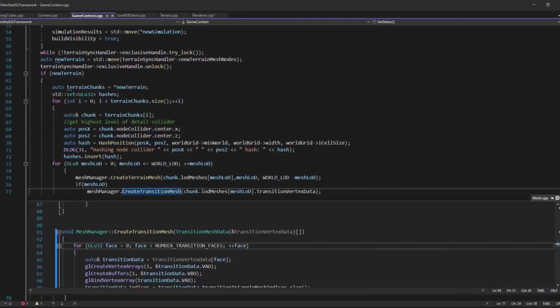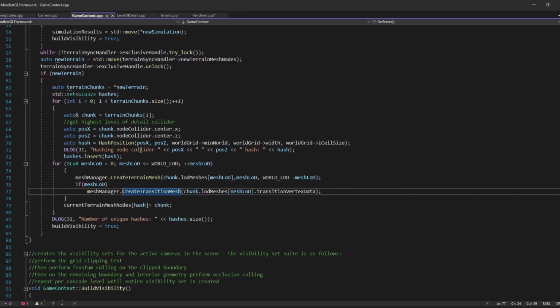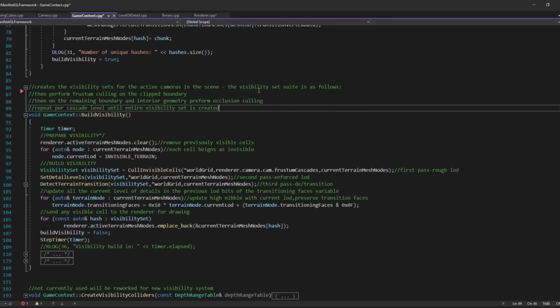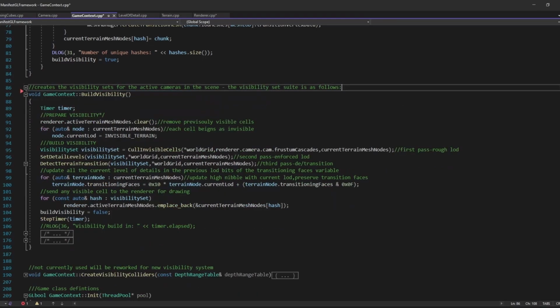So now I'm going to go to the visibility code, but I'm going to talk about the actual system itself. The visibility system has been completely redesigned essentially. Now, actually this is wrong. Actually, all of this is wrong. Sorry about that. So essentially now what happens is at the beginning, the previously rendered cells, or the cells that